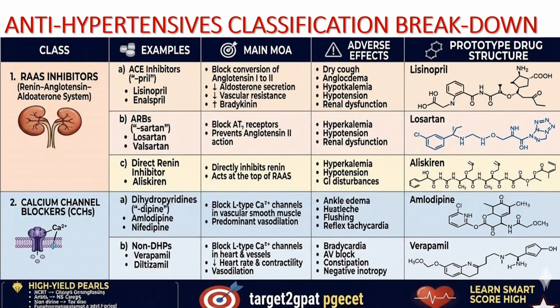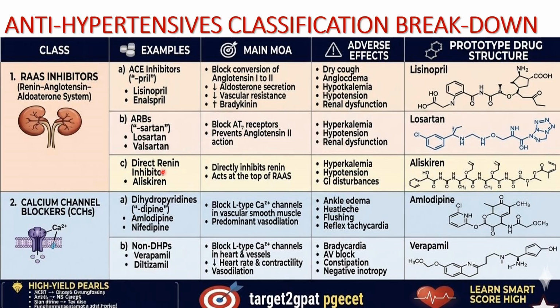And from all our PYQs, that is the previous year questions of GPAT, PGECET or NIPER, these adverse effects are being asked repeatedly. So I have included this specific column of adverse effects of the drugs along with the prototype drug structure. The class of antihypertensives here, that is RAS, that is our ACE inhibitors, ARBs, nothing but your angiotensin 2 receptor blockers, and